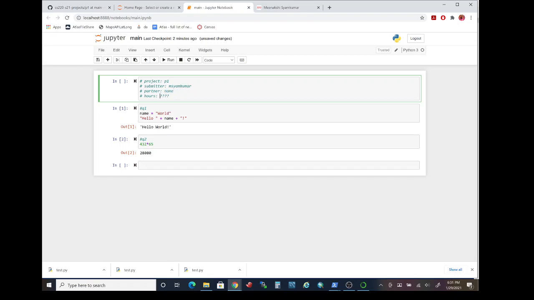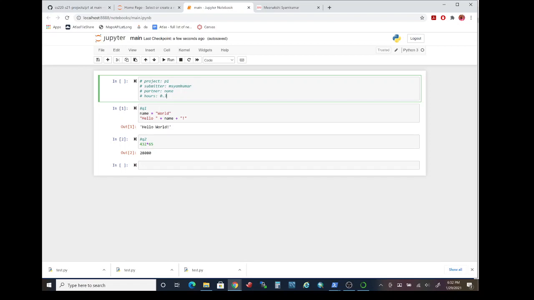For the hours field, I'm going to just type in say 0.3 to indicate that I've worked on this for about 20 minutes. Give an approximate estimate of how long it took for you to complete a particular project. I'm going to go ahead and save the notebook file. You need to make sure to precisely follow this format for all future projects. You're not supposed to change the structure because that will cause problems with detecting your net ID, and your project evaluation will take longer if we have to enable you to fix those things. So stick to this format for every project.